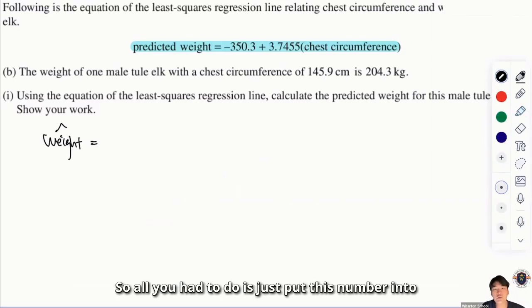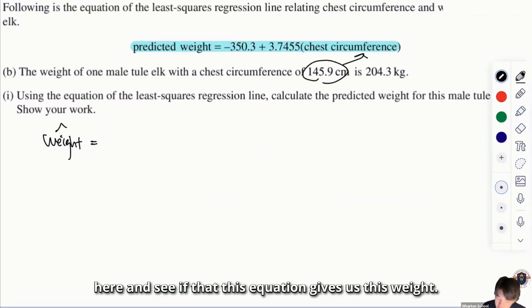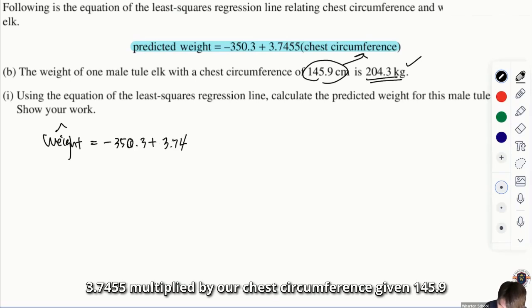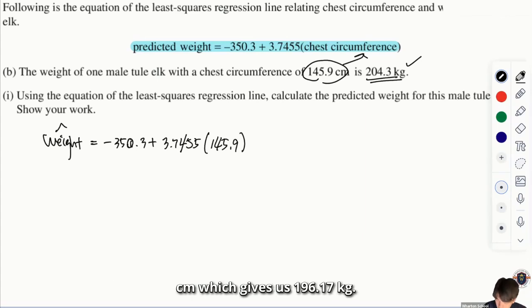All you had to do is put this number in here and see what weight this equation gives us. Our predicted weight, y hat, is minus 350.3 plus 3.7455 multiplied by our chest circumference, given as 145.9 centimeters,